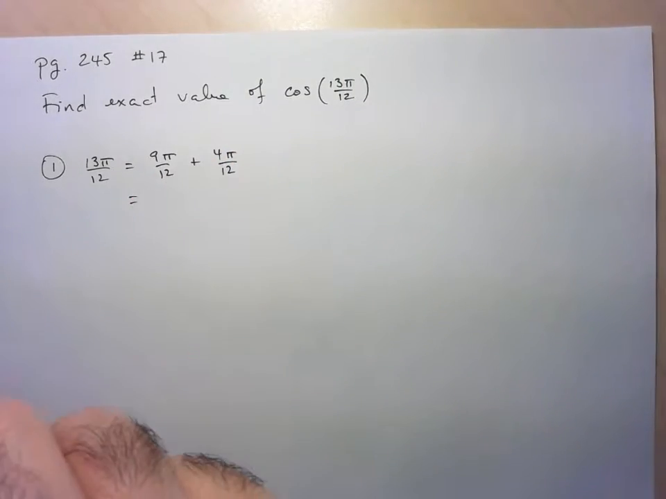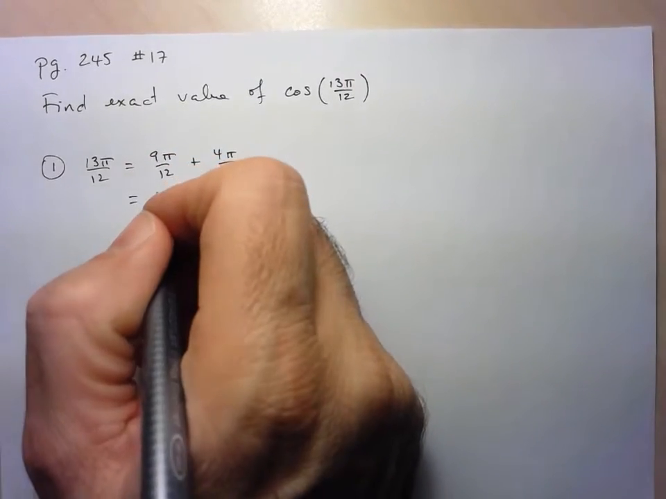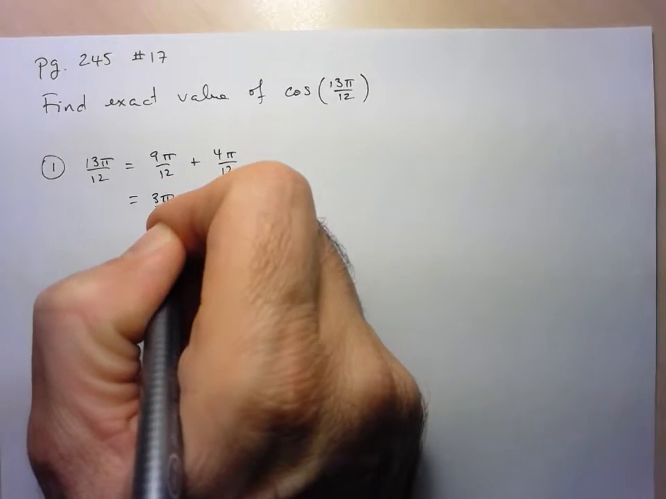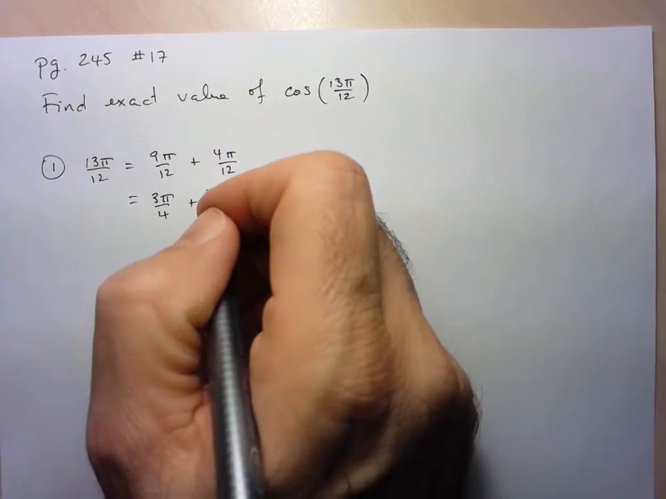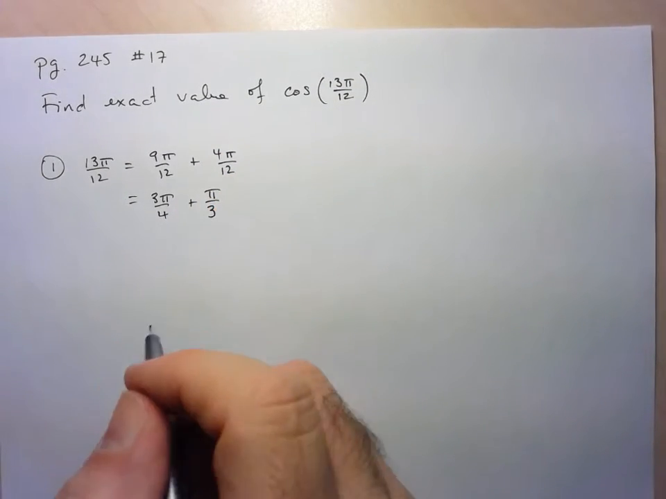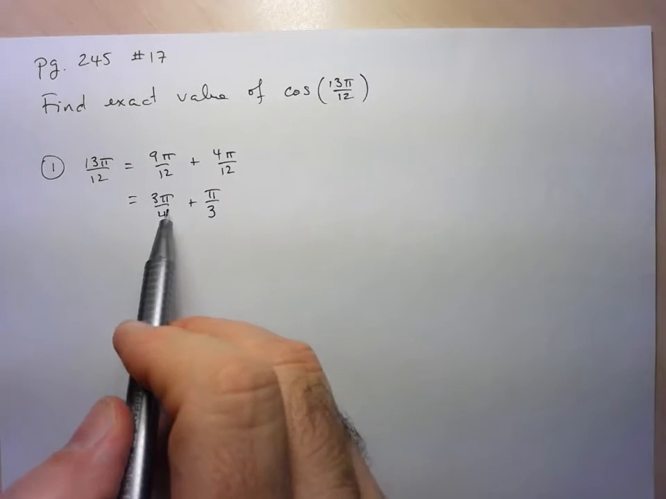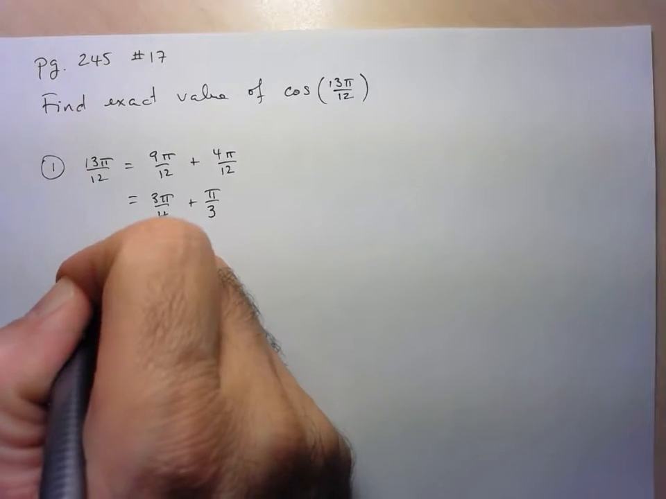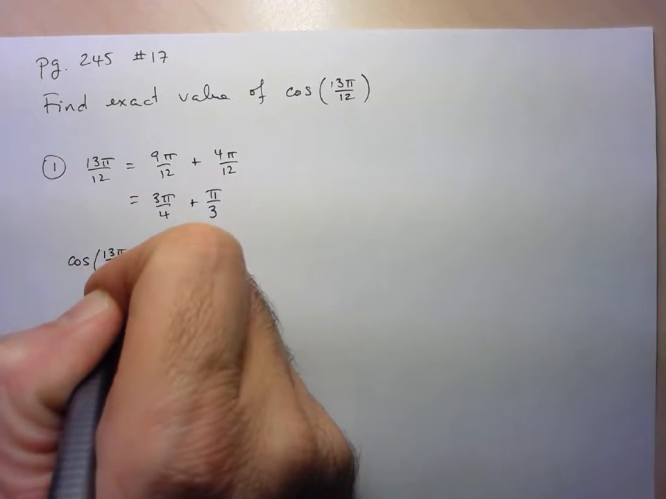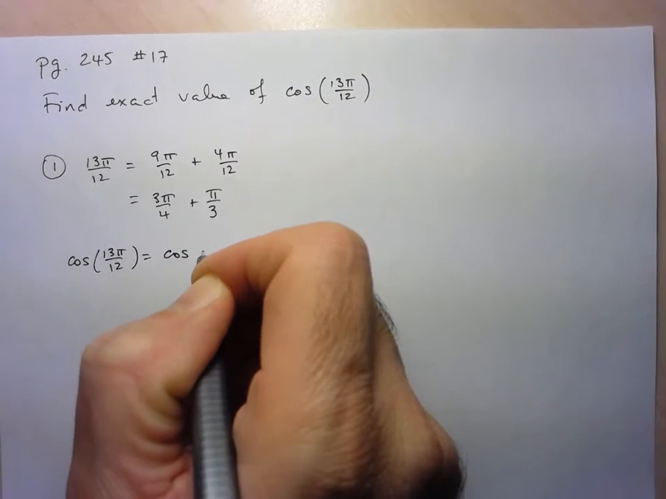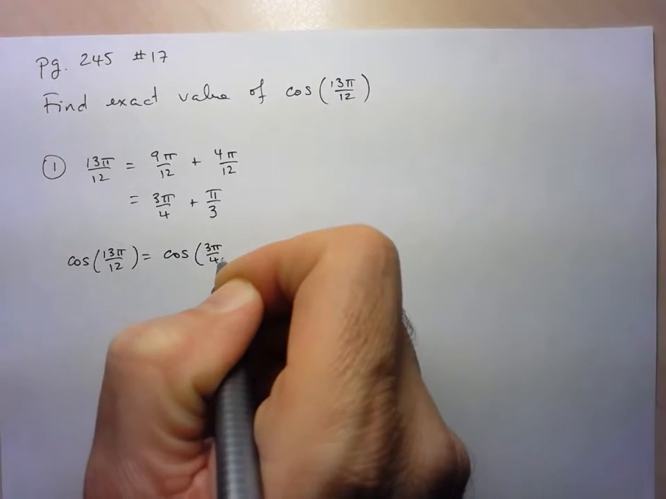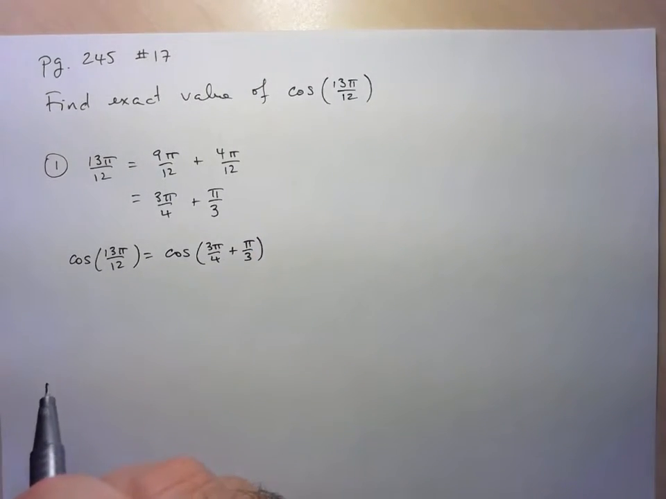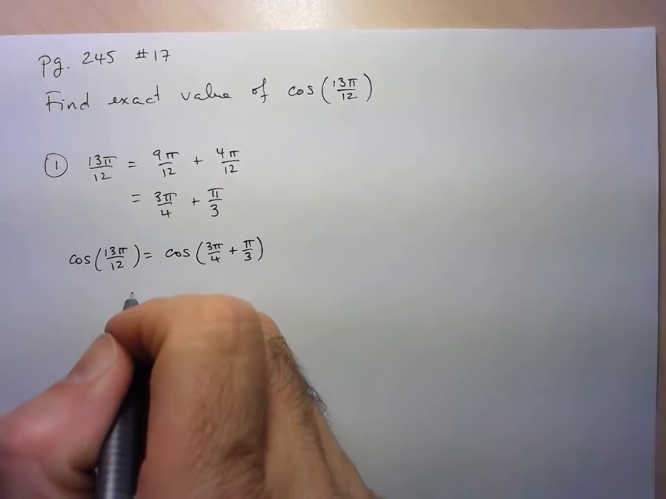I realize that these are both special angles, because if I divide both by 3, we've got 3 pi over 4, and if I divide both by 4, this is just pi over 3. And I'm able to write this angle as the sum of two special angles. So I can go ahead and solve the problem. Cos of 13 pi over 12 can be written as cosine of 3 pi over 4 plus pi over 3. And now I can use my addition formula for cosine